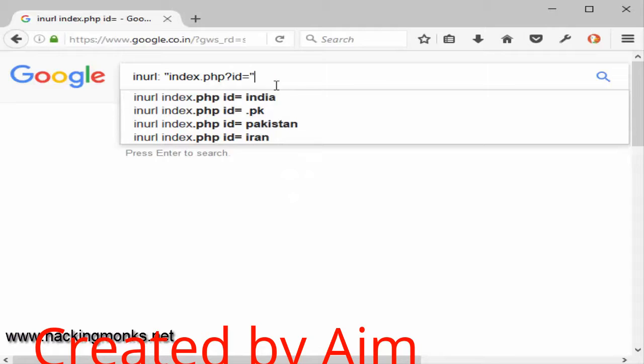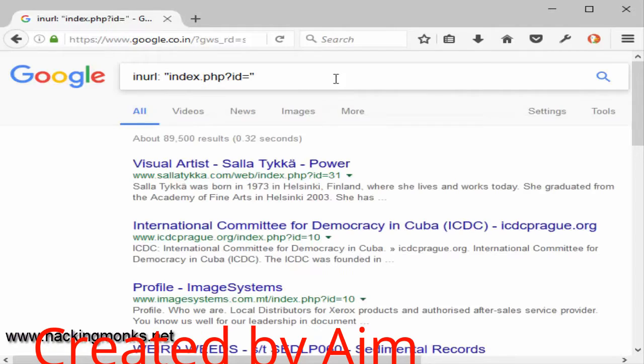This is a Google Dork which will let you find some vulnerable websites. This one is used to find SQL vulnerable websites. So when I search this in Google, we will find a few websites which can be vulnerable to SQL injection. So this is how Google hacking works.